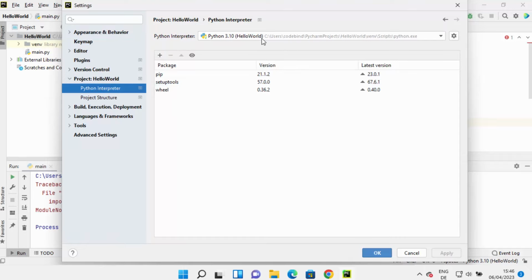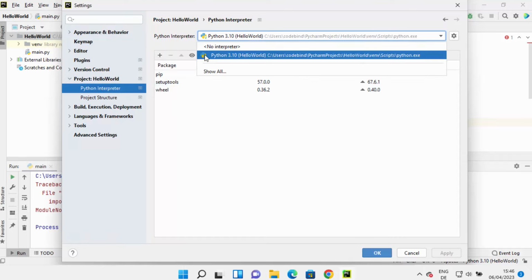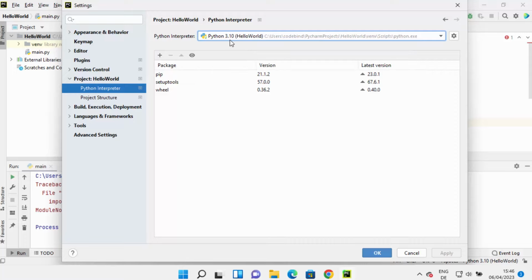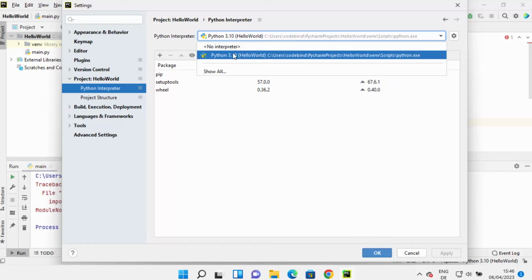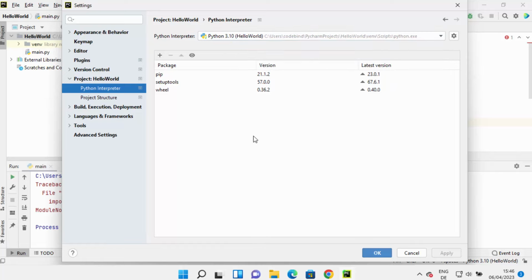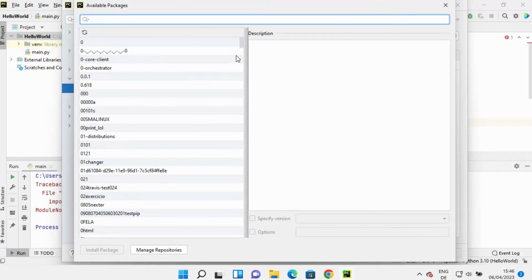Now you need to select the Python interpreter. In my case it's 3.10, but it can be newer depending on when you are trying to install this NumPy on your PyCharm IDE. So choose the latest interpreter on top, and then you just need to click on this plus sign here. So click on this plus sign, which is going to open this kind of window, and here